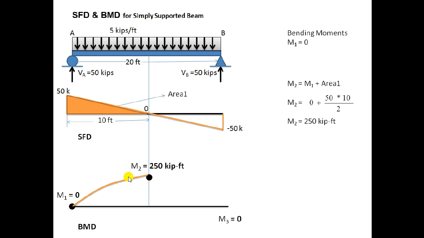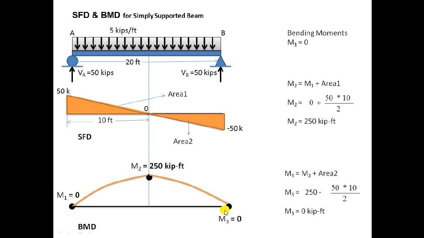Now this is the second degree curve. Previously, when point load was acting, that was the first degree curve, but this is the second degree curve, because this is the zero degree line. This is constant slope line, and this is second degree curve. And this is the M2.